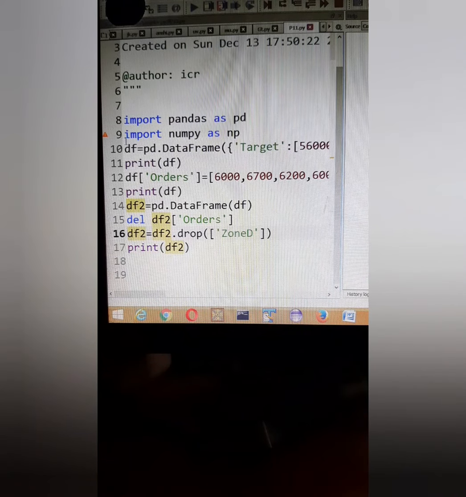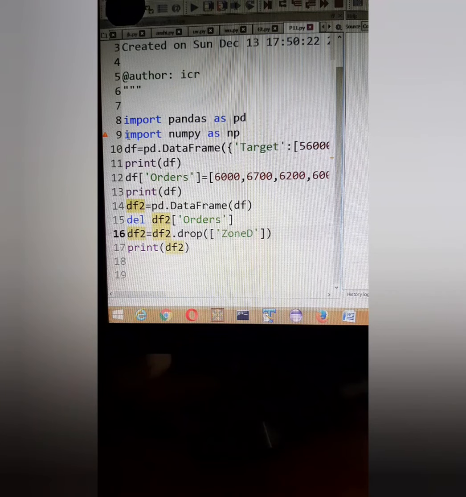Still we have to look at renaming rows and columns in data frames. For this, data frames provide us a function, the rename function, in which you have the facility to rename the indexes or the columns also. So the index argument will require the index names which have to be changed if you want to rename the rows only. And if you want to change the columns, then you will have to use columns is equal to. How do we do it?